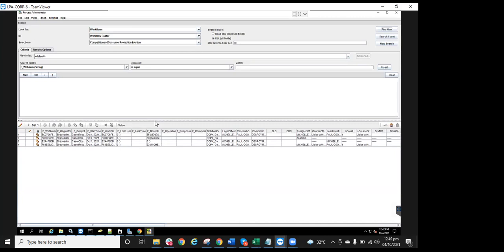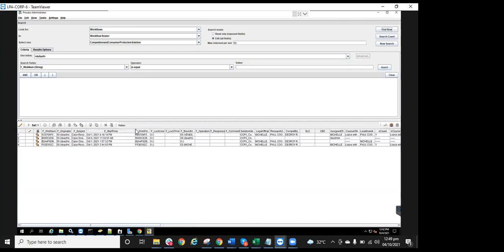and you can fine tune the search. So if I wanted to search for, say, only cases that were launched on the 4th of October, which is today, we have a criteria that we can set, start time. Click on start time on this particular first one. The operator is start time is greater than